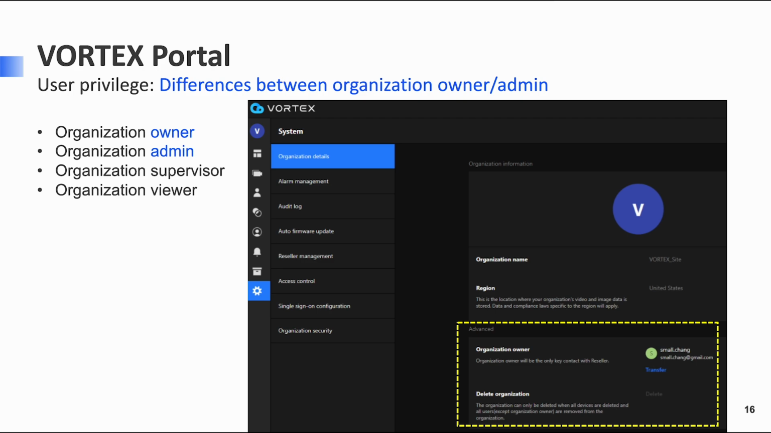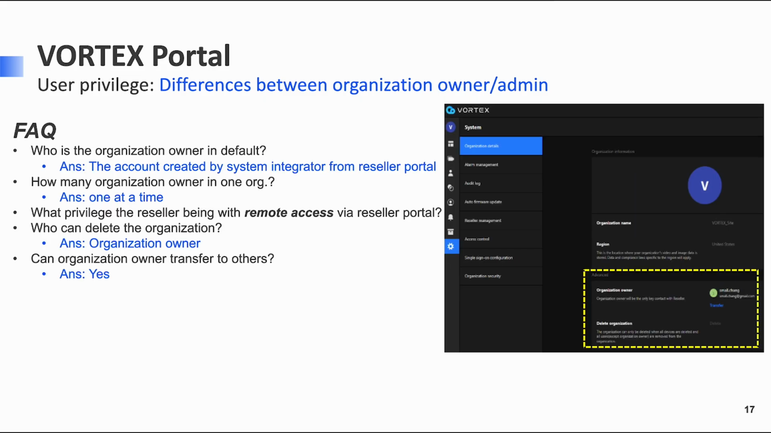They can see a special block in the System Organization Details section. Only the organization owner can transfer ownership to another user or delete the organization. Each VORTEX organization can have only one organization owner. To wrap up the topic of privileges, here are the key questions and the answers we listed to remember about